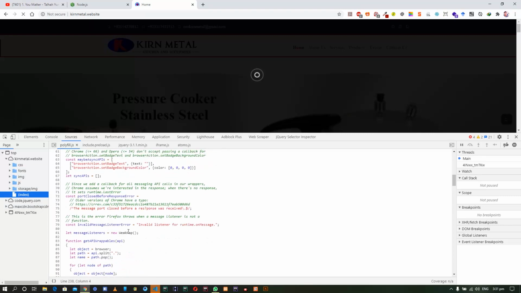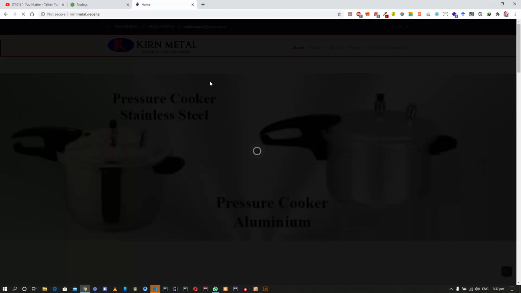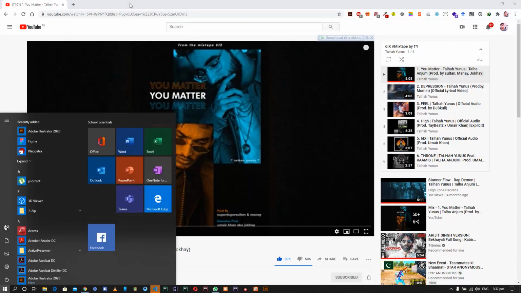JavaScript is client-side, so we will try to run JavaScript on our server, to maximize and optimize our server-side coding, and as I described earlier, we will use it as a MEAN stack web application. So install Node.js first of all, so that you would be able to run this